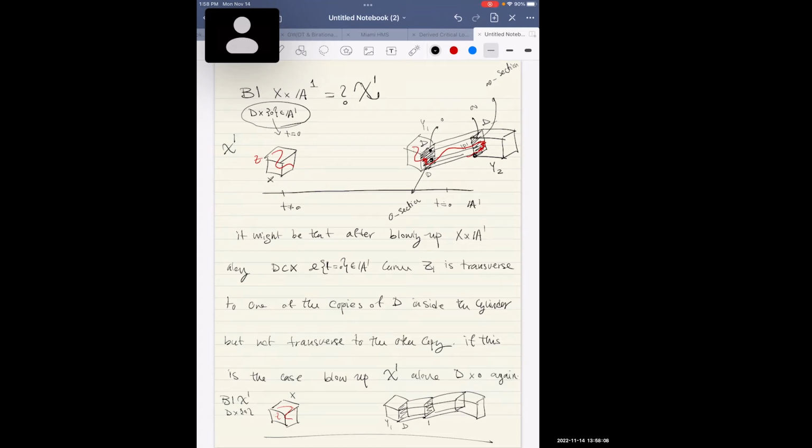So this is Y1. This is a copy of D. This is a copy of D. This is a copy of D. This is Y2. This is the 0 section of this cylinder. This is the infinity section of this cylinder. As the second cylinder, this is also the 0 section of the next cylinder, and this is the infinity section of the next cylinder. What happens to the curve is that now the curve was transverse to the first one. It became transverse to the second one, and it might be transverse or not in the third one. As long as the curve is not transverse to this divisor, you need to blow up and blow up and blow up. And Jun Li showed